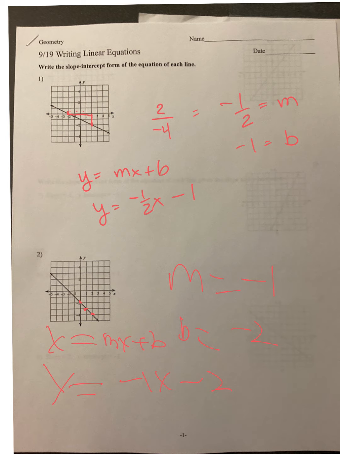So here, if we were to draw the triangle, it would be up 2, left 2, which is a negative 1 slope when we connect 2 of those dots. So we got a negative 2 slope, a negative 1 slope and a negative 2 y-intercept, and we just plug them in. So in the second section, they tell you that the slope is 1, and the y-intercept, and I